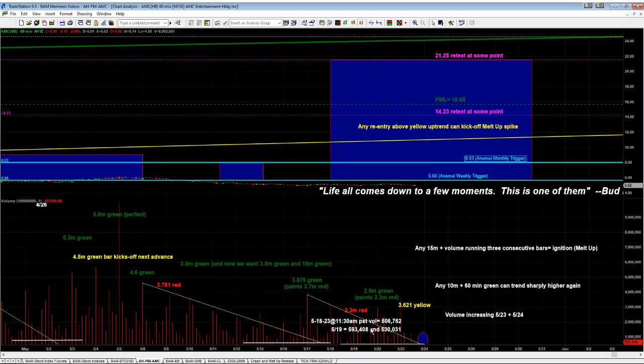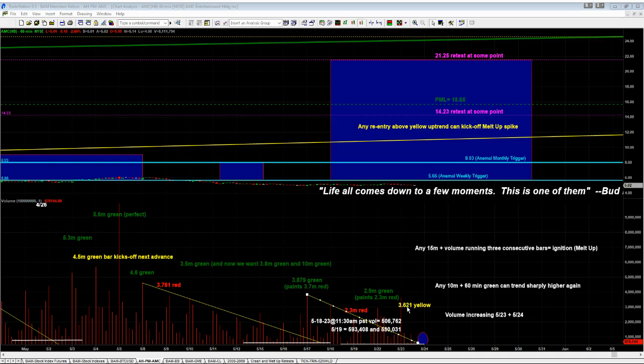So again, if we go back to this whole wedging volume pattern right here, this is the most recent, and you can see we're passing into the apex of this sort of contracting volume pattern right here. The first excellent sign for us was that we painted this 2.9 million share green bar to paint through this 2.3 million share red bar. Again, these are 60-minute bars. And then you expect to see the spikes rising. Well, that's what we got this morning.